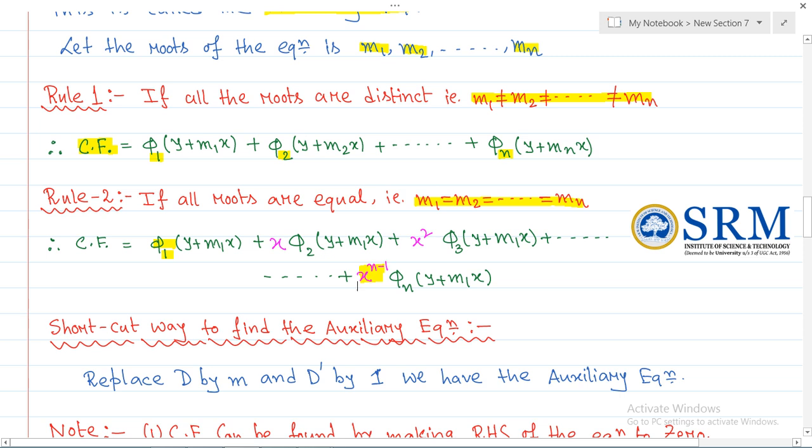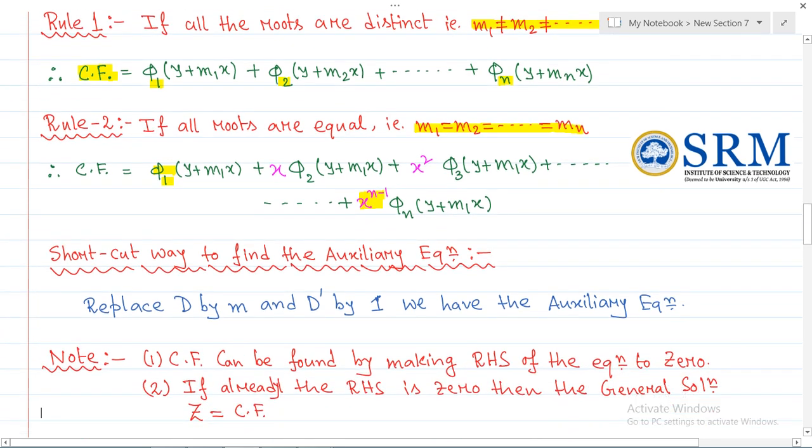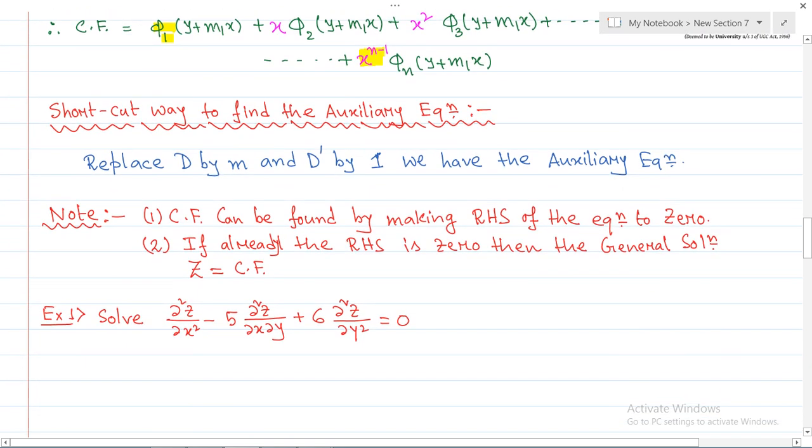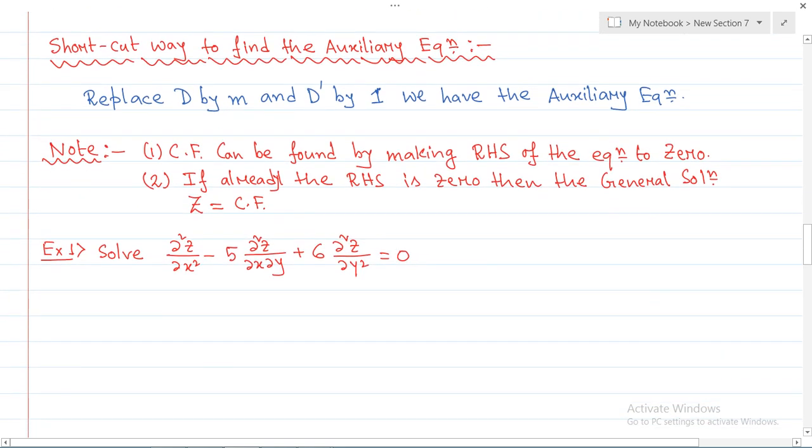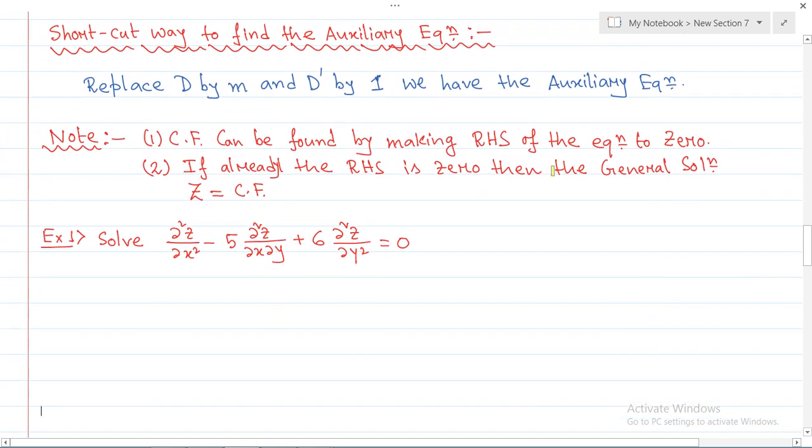So what is the shortcut technique for finding the auxiliary equation whenever we have such equations in our exam? Simply, we have to replace D by small m and D dashed by 1 to get the auxiliary equation. Remember again that the complementary function can be found by making the right hand side of the equation exactly equal to 0. If it is non-zero, you still have to consider it as 0, and only then can you find